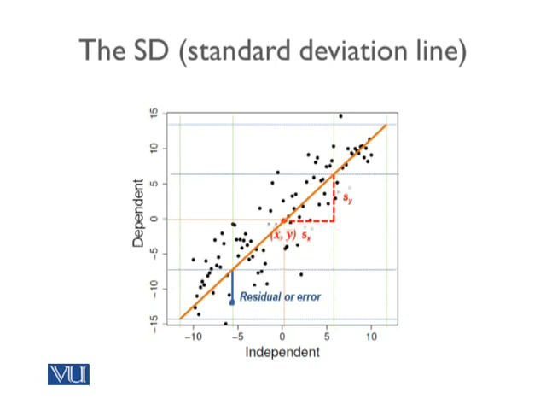But we are not always going to have a perfect correlation, and because of that, we often have a line which is not as steep as the SD line. So how do we determine the line that we would have for our data? For that, we need to understand how we can go about minimizing errors.